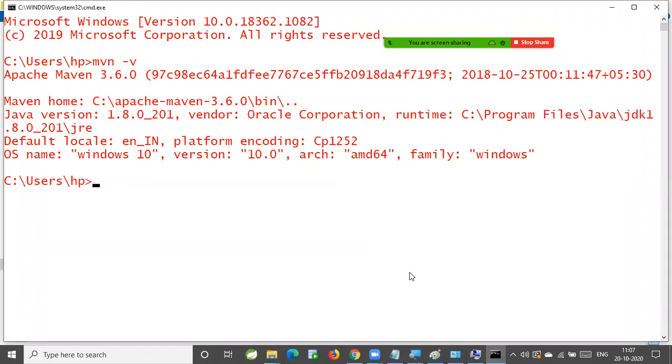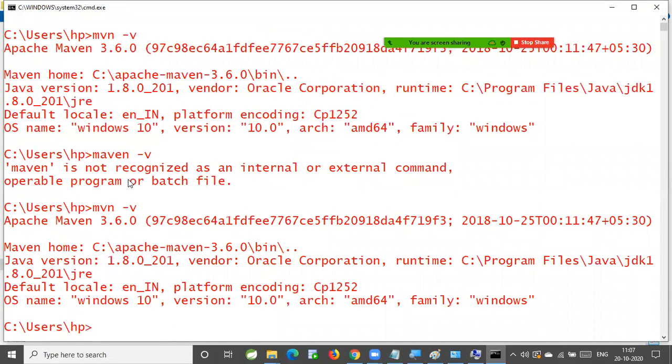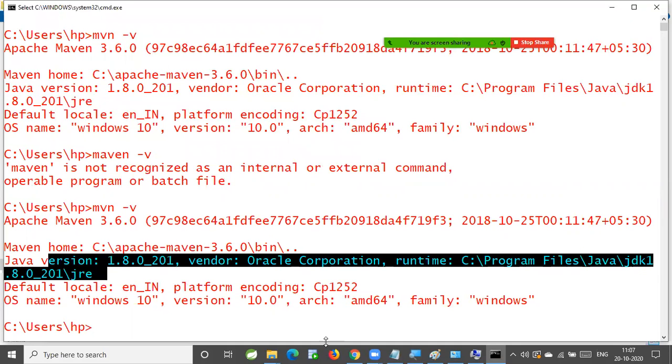It displays the version of Maven, 3.6 in my system. You can use mvn -v; mvn is the command, Maven itself will not work. When we execute it, it gives the Maven version, Maven home as Apache Maven 3.6 up to bin, and that it is using Java 1.8.